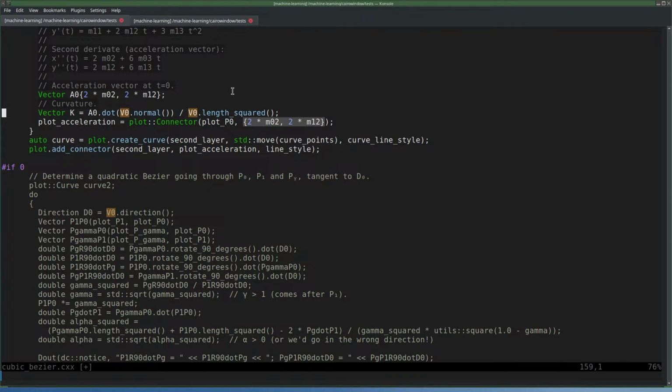Yeah, I divide once by the length of V0 because I'm taking the dot product with the normal of V0, which has the same length as V0, of course. But I want to project A0 onto the direction perpendicular to the velocity, which is the dot product if it was a unit vector, but it isn't. So we have to divide once by the length of V0 in order to get that projection. And then I'm dividing it again by V0 because